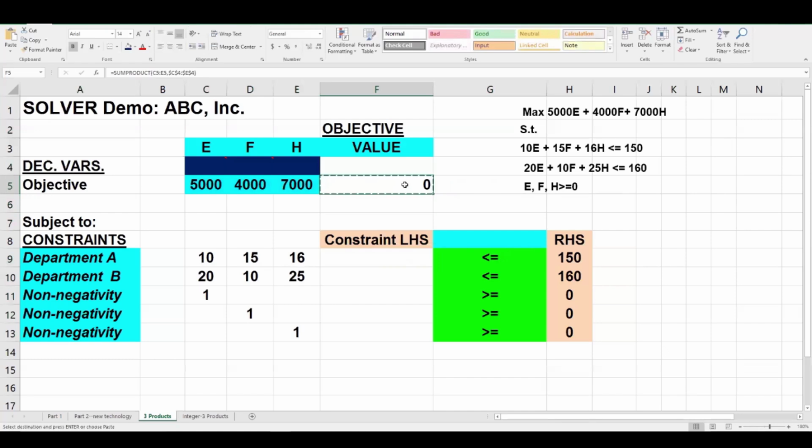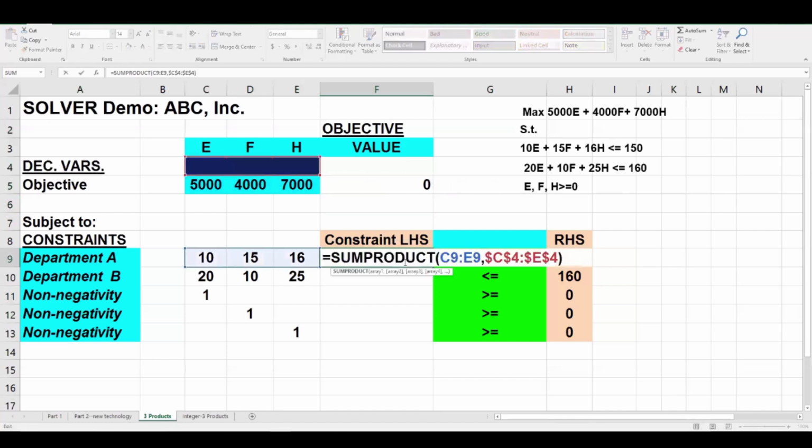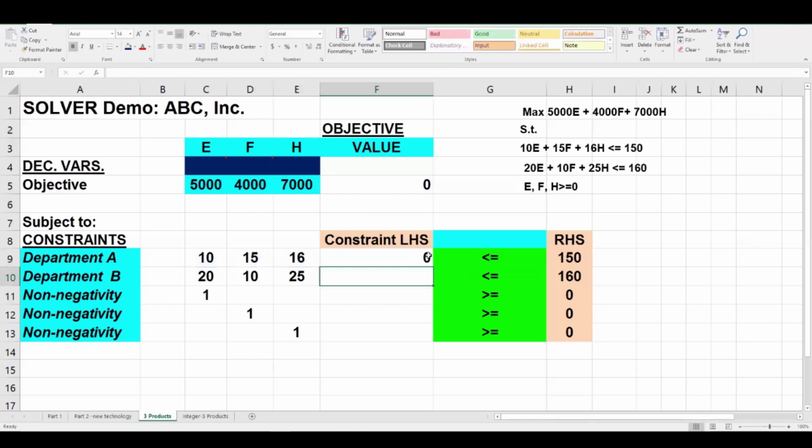Excel gives us a function to copy and paste to the resources of Department A. If you click on Department A right now, you see that we have the same equation copied from the objective function. The decision variable cells have been fixed. The only thing that has changed is the parameters for Department A. And the parameters automatically change to C9 to E9. And that's very nice. We can keep doing that and just copy and paste to